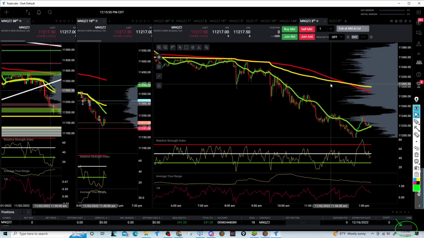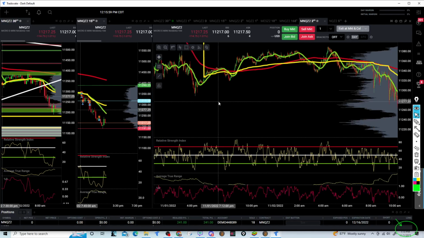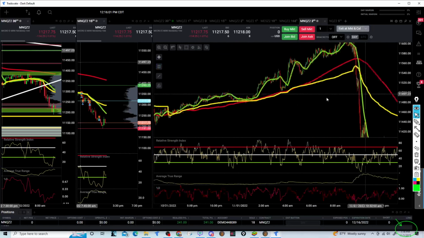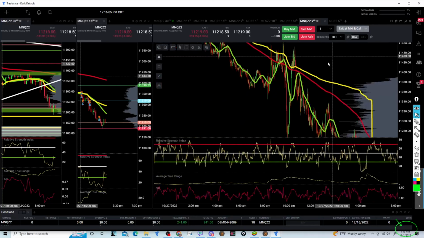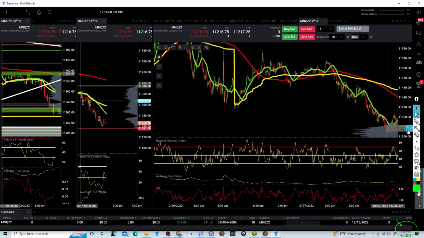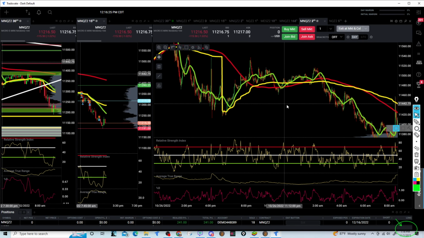So do you guys now have a basic understanding? Are you able to go in and identify areas where you should be trading, where you should not be trading? Do you understand what I'm telling you about the narrow state versus the wide state? Do you understand that when we get too far away, it's going to want to come back to the 200? Like I said, no matter how much these guys don't like each other, they don't want to be apart